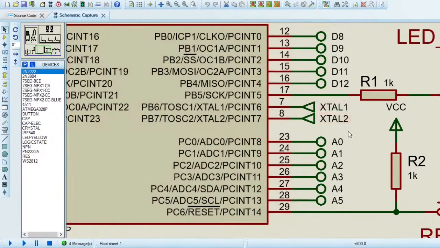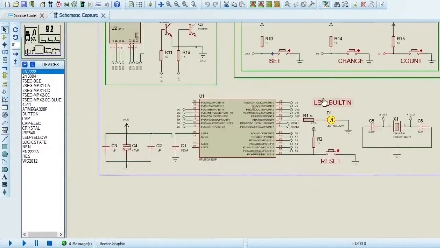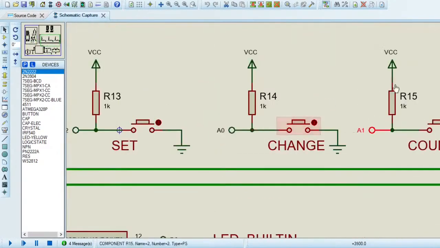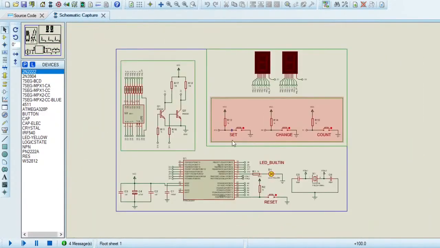So for this application I'm going to use the analog ports, specifically A0 and A1, as digital inputs, because these buttons represent a digital input to our microcontroller. Well,